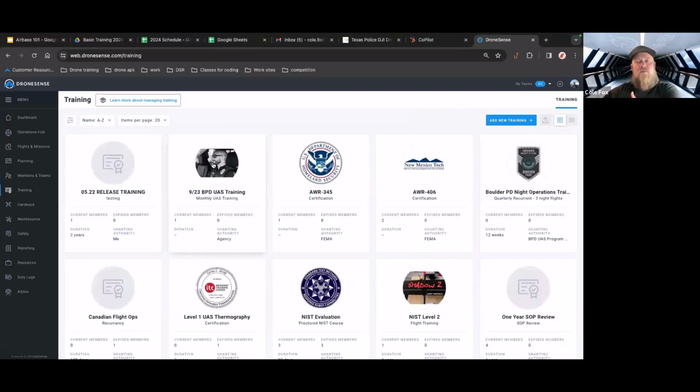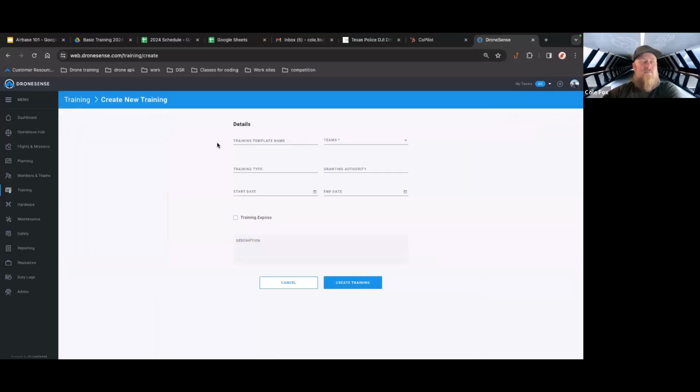Now, the next one I want to go over is our training section here. We have the ability to track pretty much any trainings that you want to put in here and assign to a member. It's as simple as going in and adding a new training and putting in your template type. The most common, of course, is keeping up with all your 107s. Set that with the certificate granting authority as the FAA. You can put a start and end date on here if you'd like. So if you did school and y'all currently go to that, but it is an expiring training, you would set that one for your Part 107 as a 2-year expiration,